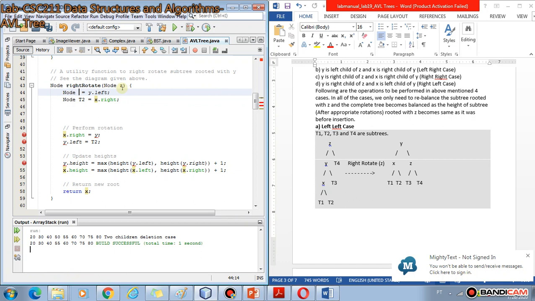We pass node Z, node Y is the left of Z, and T3 is the right of Y. So what we do is we make the right of Y as Z, and we make the left of Z as T3, and we update the height of both Z and Y.